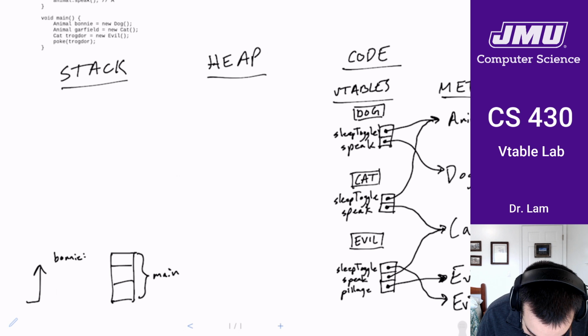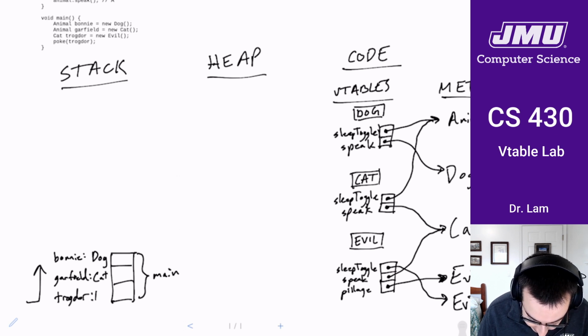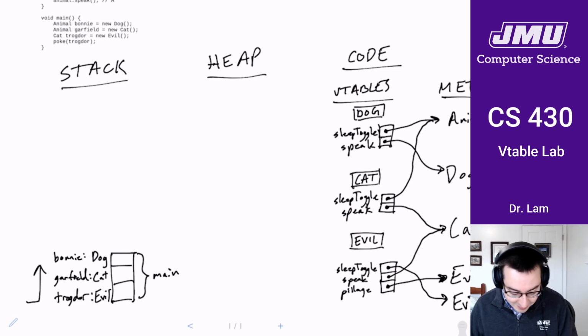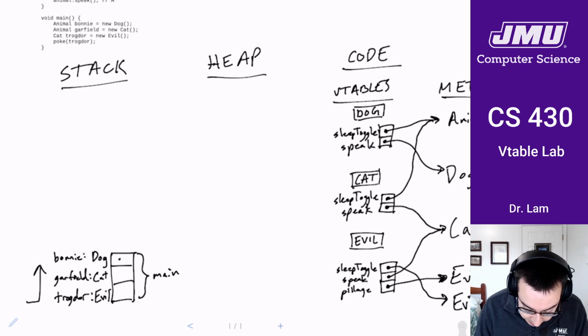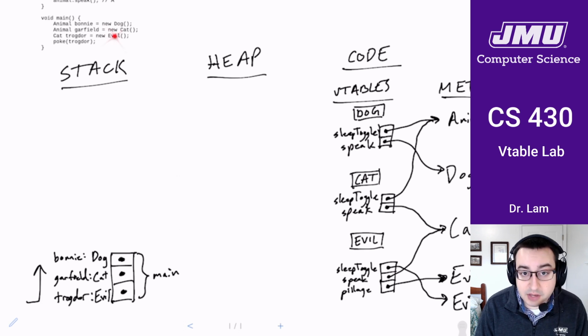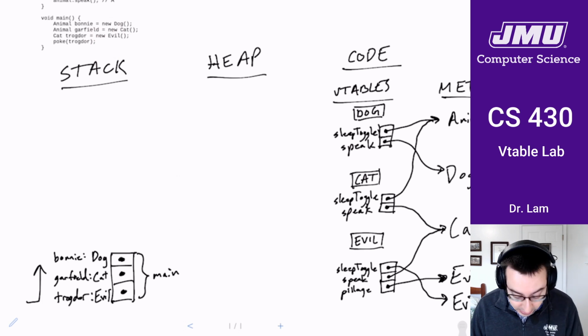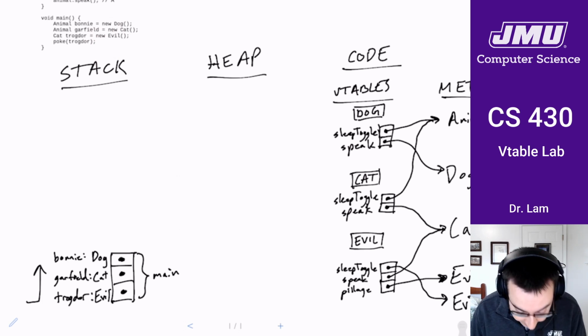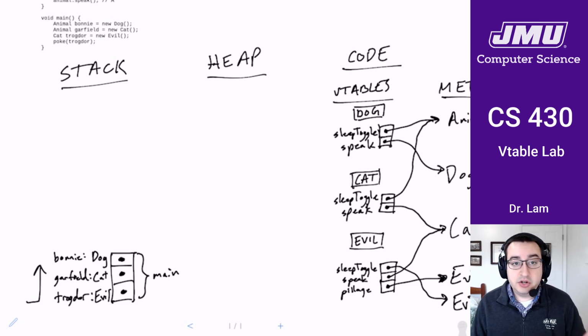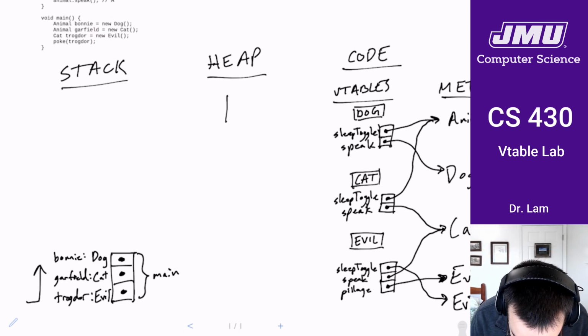which is an instance of class dog. We've got Garfield, an instance of cat. And then we've got Trogdor, which is obviously an instance of class evil. These are all going to be pointers because the objects are being allocated on the heap, as you can see up here. So the new keyword allocates an object on the heap. So we allocate Bonnie, which I happen to know is the name of Dr. Bauer's dog. So this is going to be a pointer to a region on the heap that has been allocated